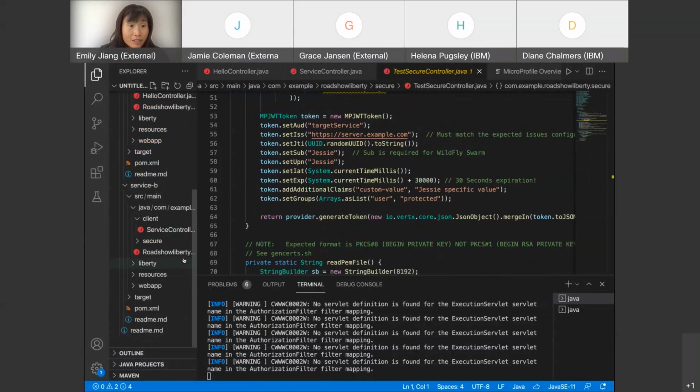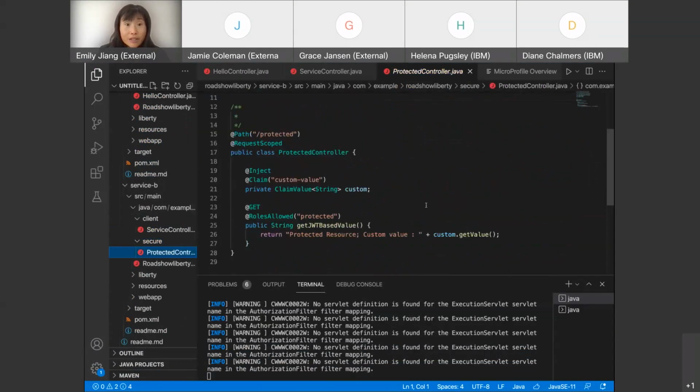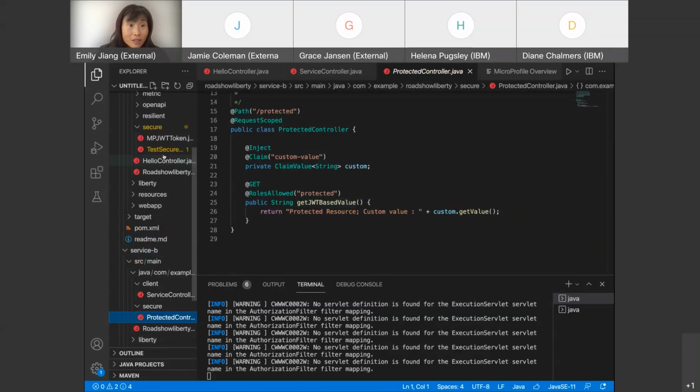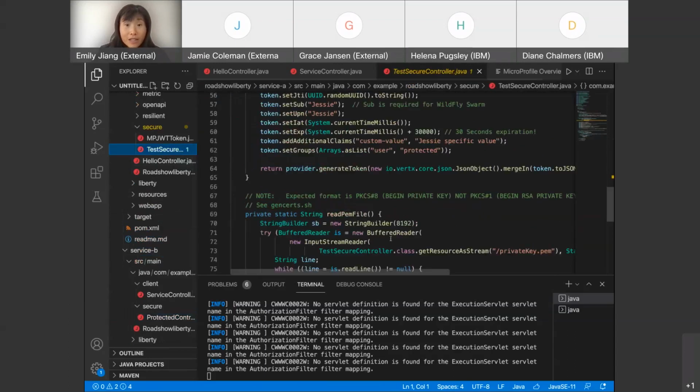And this backend is the security. Here you can see the token and the claim values, and the roles allowed: protected. Because it's protected, it's allowed to access this backend, and also this client actually